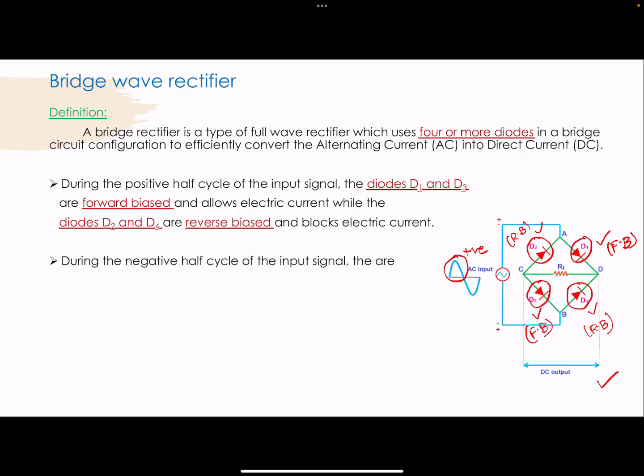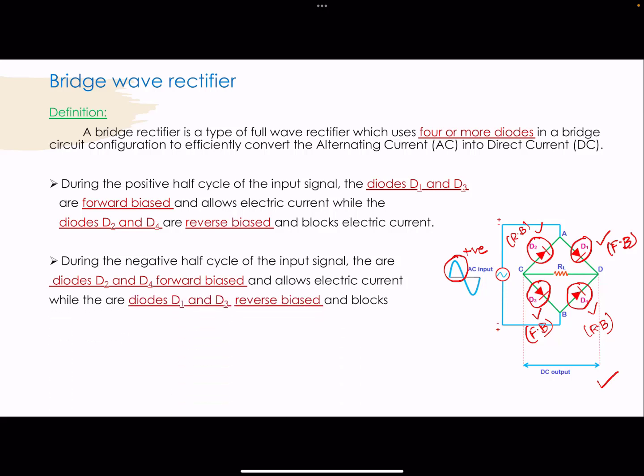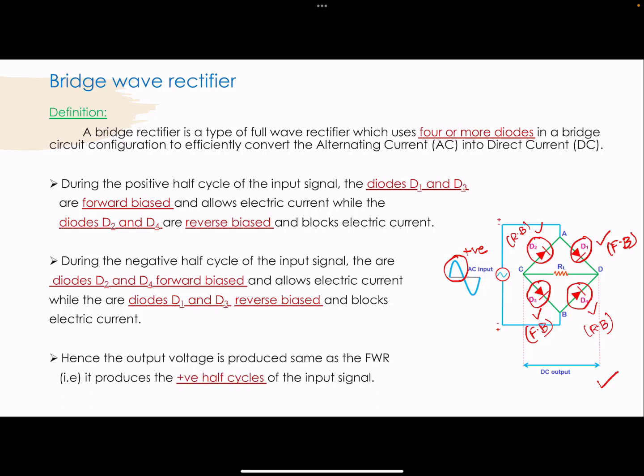Whereas during the negative half cycle of the input signal, the diodes D2 and D4 are forward biased and allow the electric current to pass through them, while the diodes D1 and D3 are reverse biased and block the electric current from passing through. So this is just opposite to that of the positive half cycle of the input signal. Hence the output voltage is produced the same as that of the full wave rectifier, that is, it produces the positive half cycles of the input signal. So that's why we get the resultant DC output for the bridge wave rectifier as a continuous positive half cycle